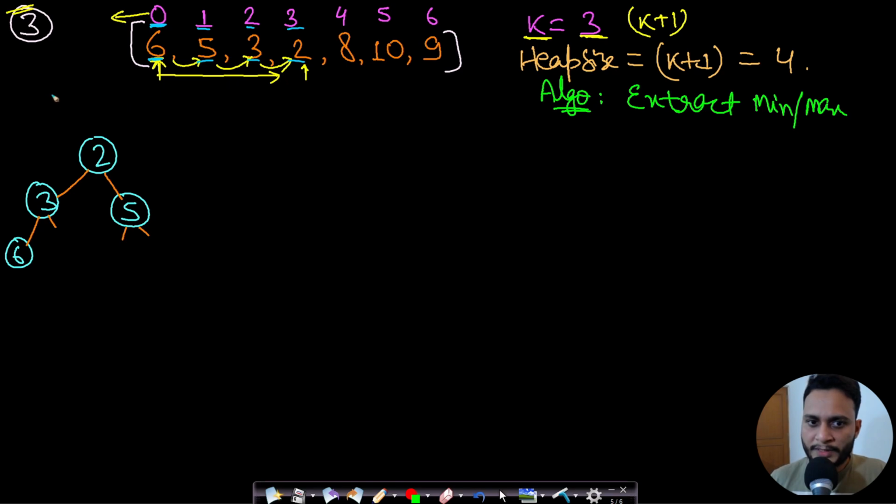So what we will do is we will make a min heap which will keep track of the minimum element in the heap. And this minimum element will be stored in the root element. So we will take the first k plus 1 elements and we will apply the build heap algorithm. The build heap algorithm will take order of k plus 1 time, because it takes order of n time for n elements. In this case, we are just taking the first k plus 1 elements. So 6, 5, 3, 2 will be inserted into the heap first, right?